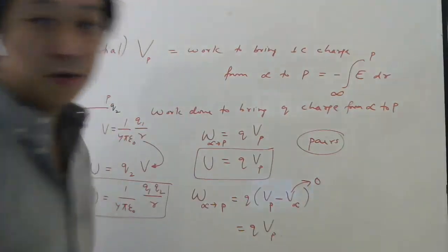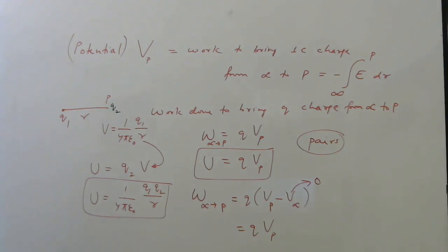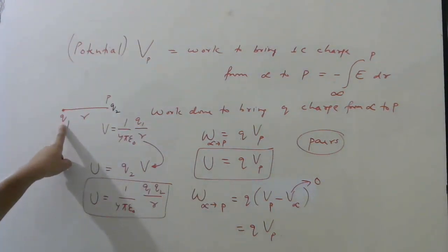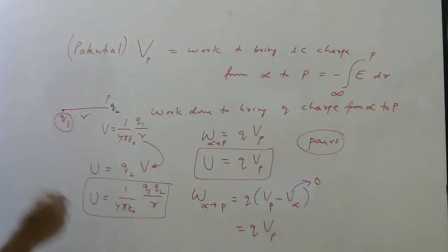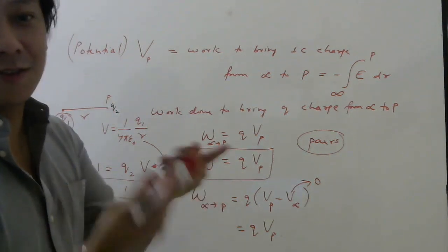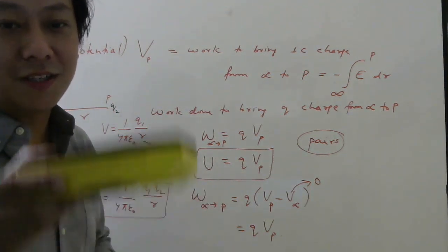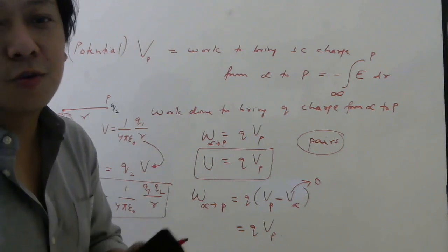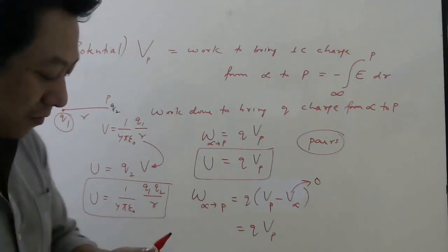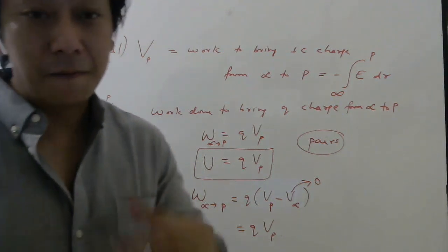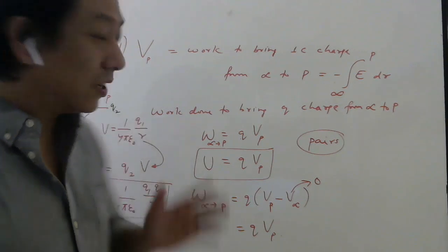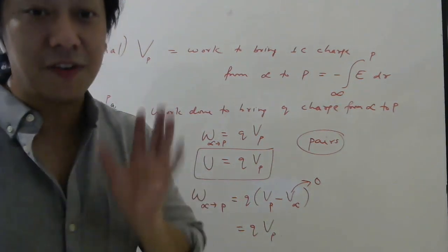The minus sign means you are moving against the field, against the field of the source charge. So there must be some source charge. If this source charge is not there, then why will I do work to bring this charge? It's like saying if earth is not there, why will I do work to move the duster? Newton's first law says if you do not apply force, it will go on by itself uniformly. So you don't have to do work if there was no field. In the case of earth we say gravitational field, in this case we say electric field.